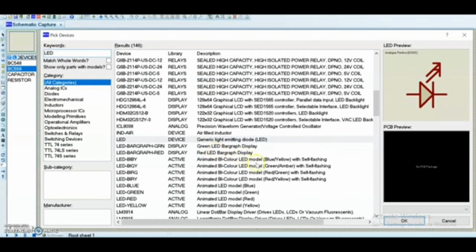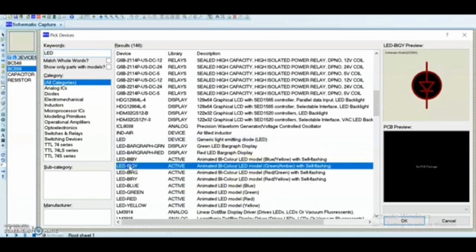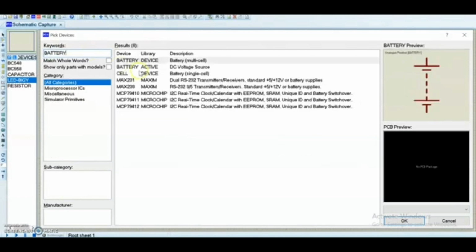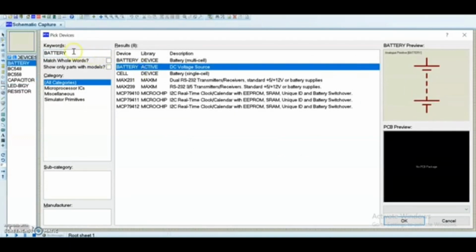Okay, we find an LED. It's an active LED. Next we have a battery, a DC voltage source we apply.